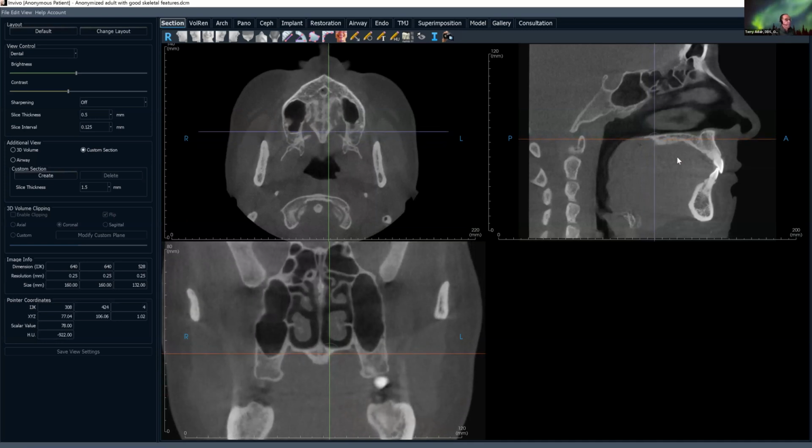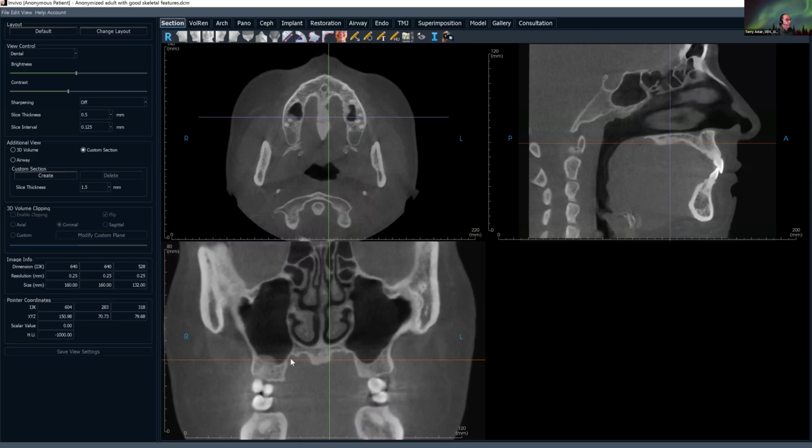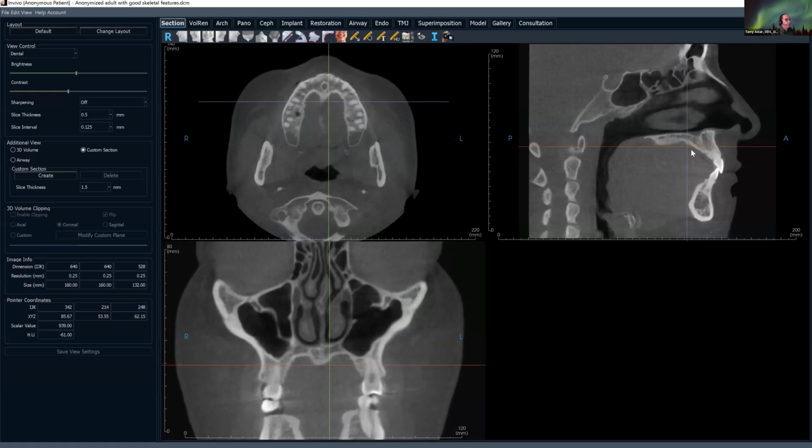We're also looking at the ethmoid air cells. So the sphenoid sinuses, the ethmoid air cells, and the maxillary sinuses is what I'm primarily looking at when I scroll through in this section here. We do see a little bit of soft tissue thickening, maybe a very small mucus retention pseudocyst. And we're scrolling through, and I will go all the way to my